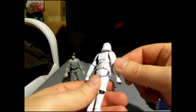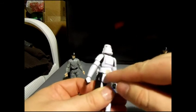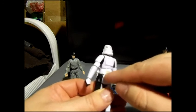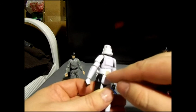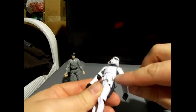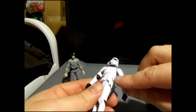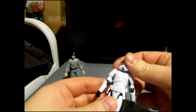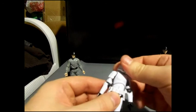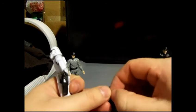But okay, here's the cool part about TK-421. Now his belt is a little bit different. I'm not sure what this little piece is, but he does not have that little canister on the back. I think it's supposed to be some sort of a detonation device, some sort of bomb or something. But he does have this tiny little comlink, which is very accurate, I'm assuming, to the movie, because if I remember correctly, TK-421 was Luke's disguise, and he was the one in the Death Star with the comlink. The comlink comes off,